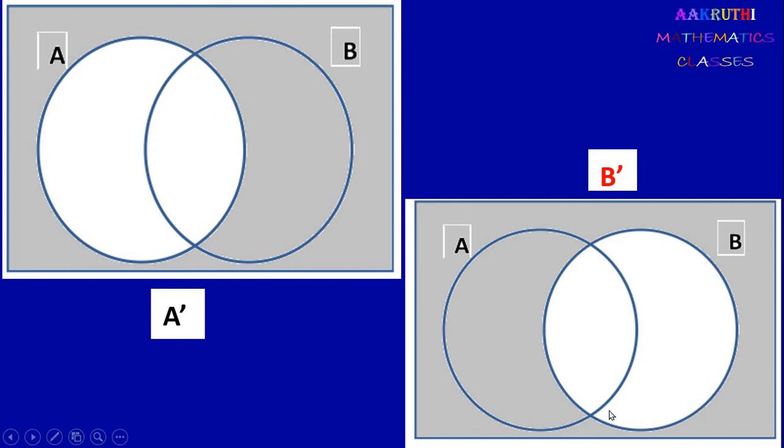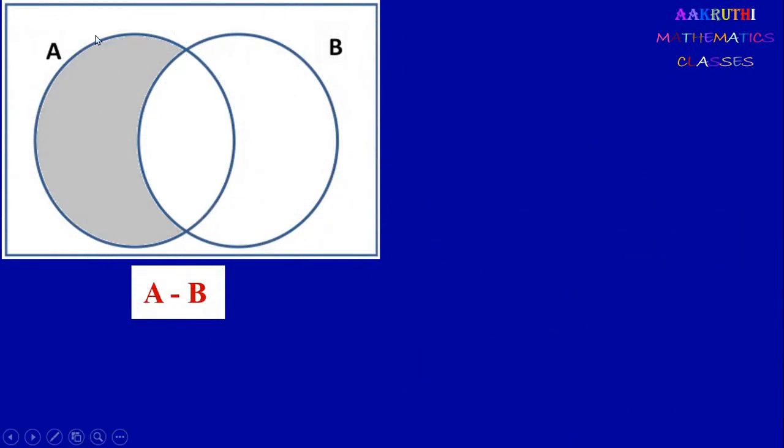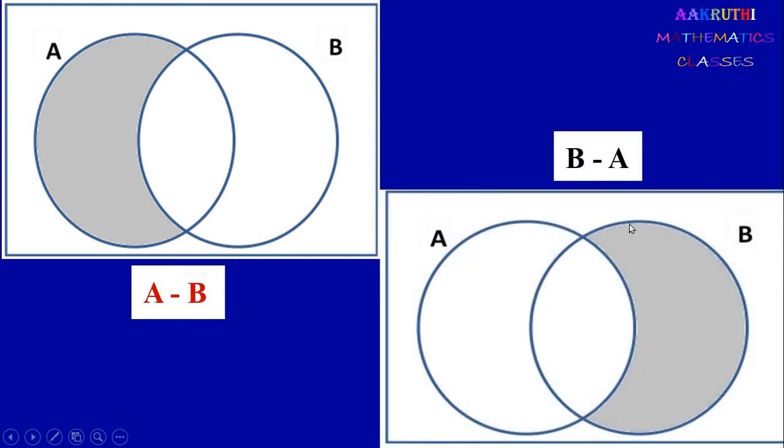And in this diagram, the B circle is not shaded and all other parts are shaded. So this is the complement of B, that is, other than B, it is B dash. See here, the A circle is shaded but not fully. Only this part is shaded. From circle A, this part is not shaded, that is, from A this part is subtracted. So this is the same as A minus B. Similarly here, from this circle the common part is subtracted. This circle represents B and this is the common part. That is, from set B the common elements are subtracted. Therefore it is the same as B minus A.